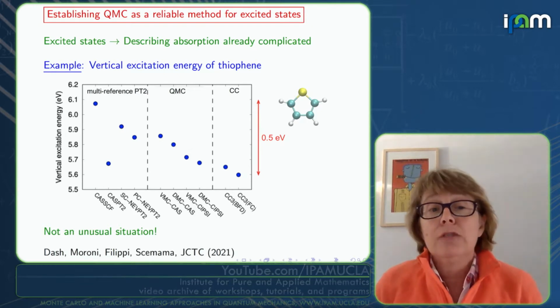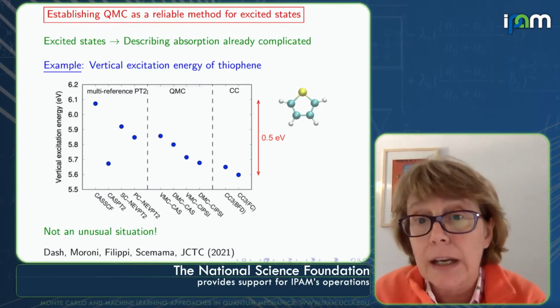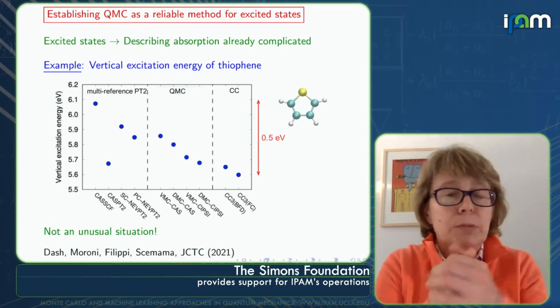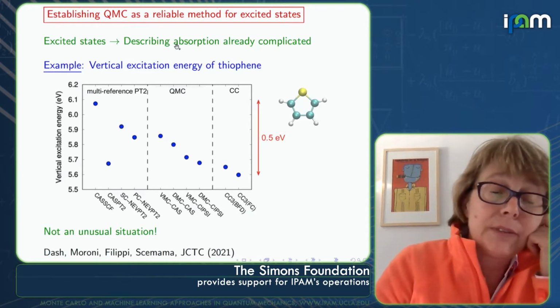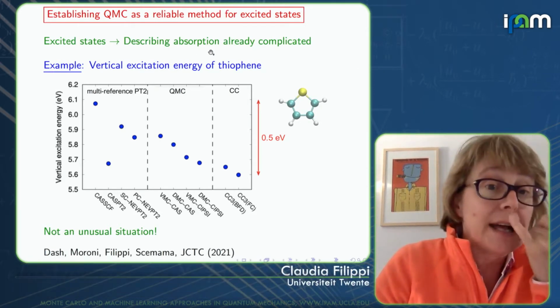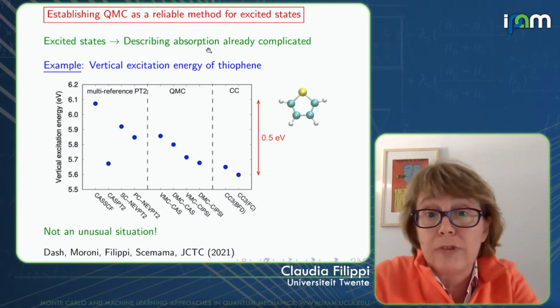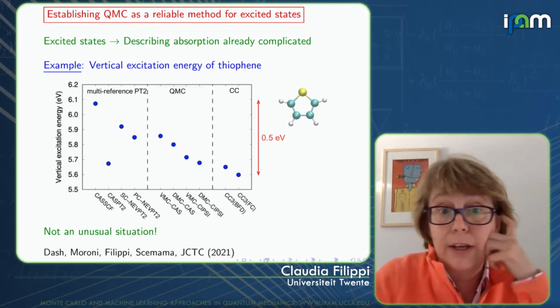Okay, so for excited states, I will talk about variational and diffusion Monte Carlo, and the excited state energies, the excitations, will be computed as energy differences. Already, if you look in the literature and also for us, we often focus on absorption, which for us means vertical excitation, and already that can be quite complicated.